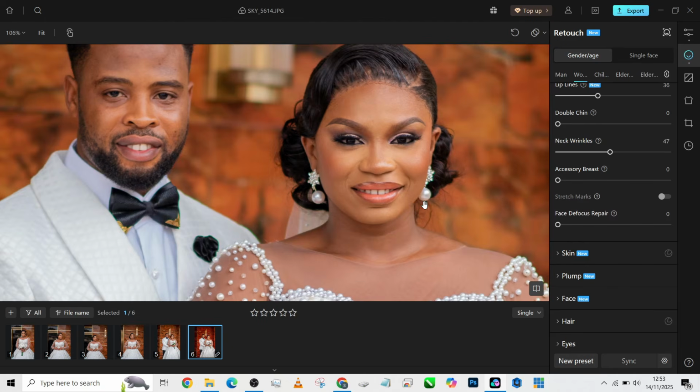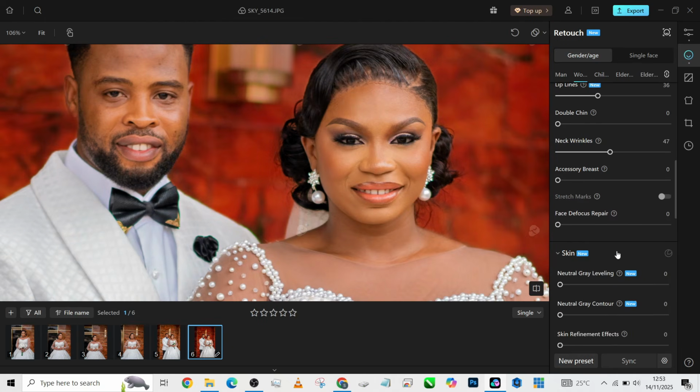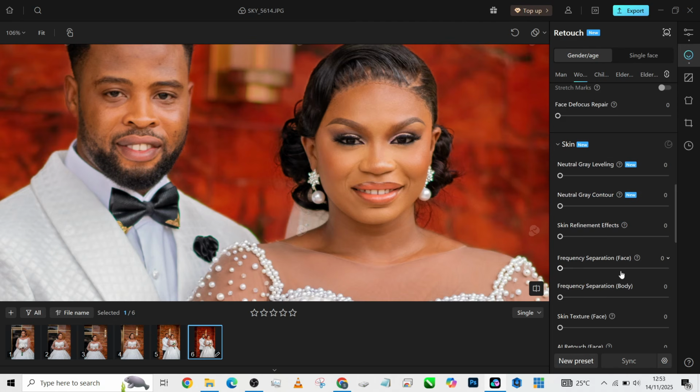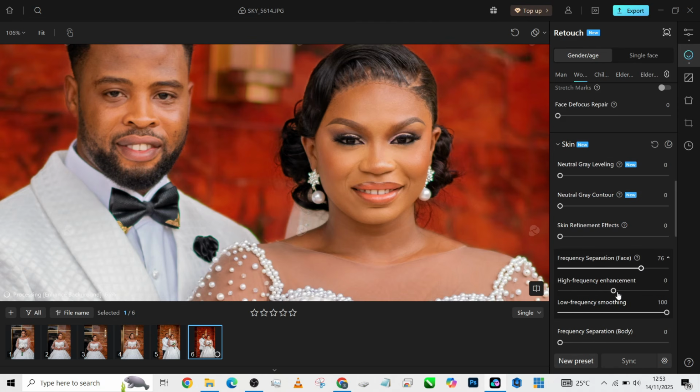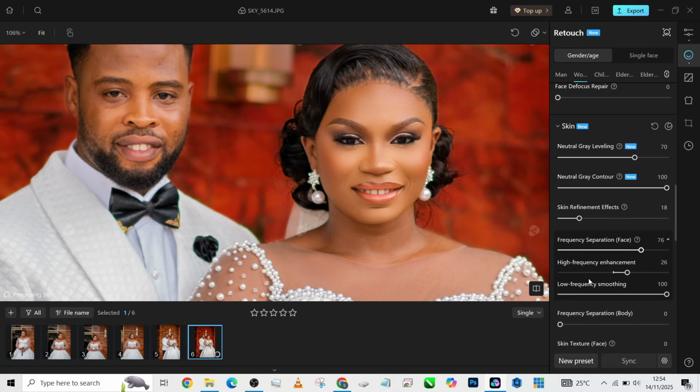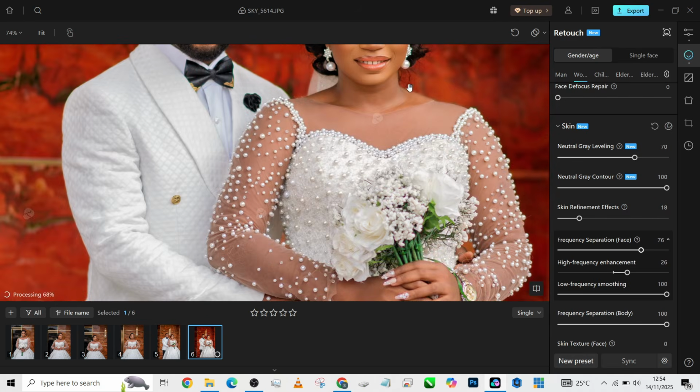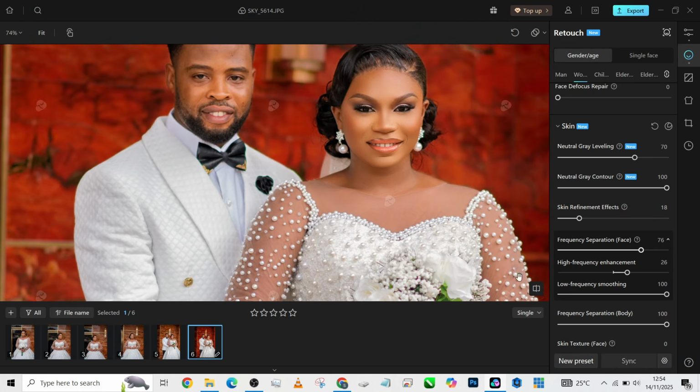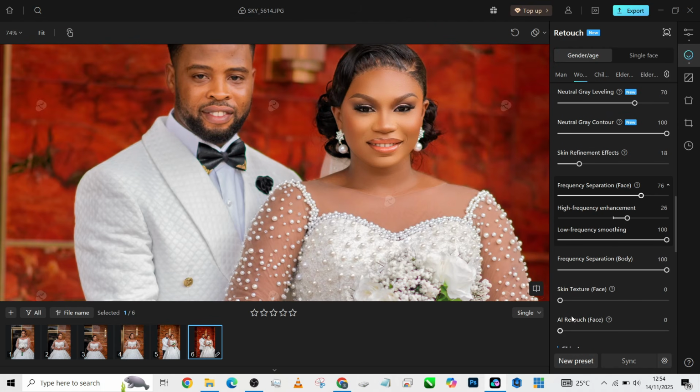Now it's time to do the skin retouching proper. So we'll go into the skin retouching, run our frequency separation, increase the high pass a little, do our micro dodge and burn, and as well increase the gray contour to bring back the dimensions, and a little bit of the skin refinement and the body frequency separation for the body, and as well increase the facial textures and a little bit of the